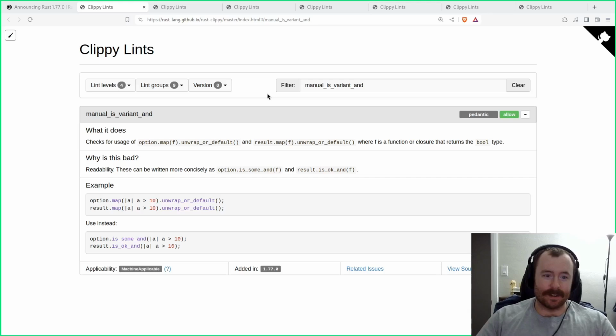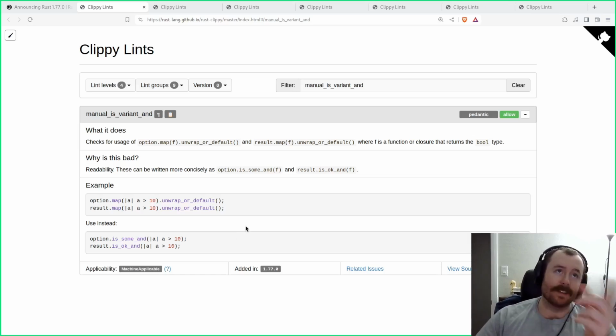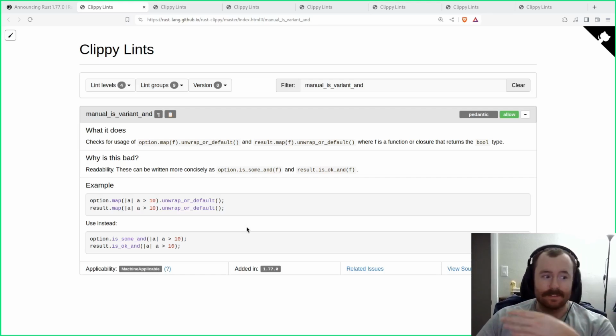Here we've got another one called manual_is_variant_and. This checks for option.map(f).unwrap_or_default() and result.map(f).unwrap_or_default(), where f is a function or closure that returns the bool type. This is actually pretty cool. I didn't know about these until fairly recently. The is_some_and, is_ok_and methods are very, very convenient. So this can save you from doing something like if let Some(variable_name) = variable_name,